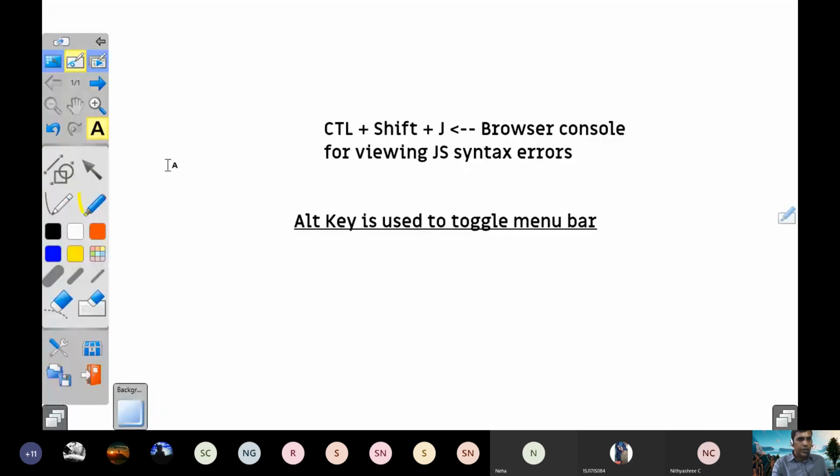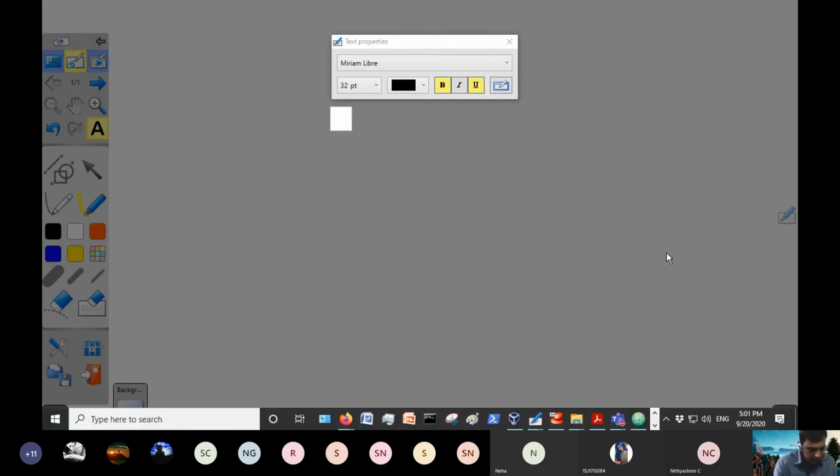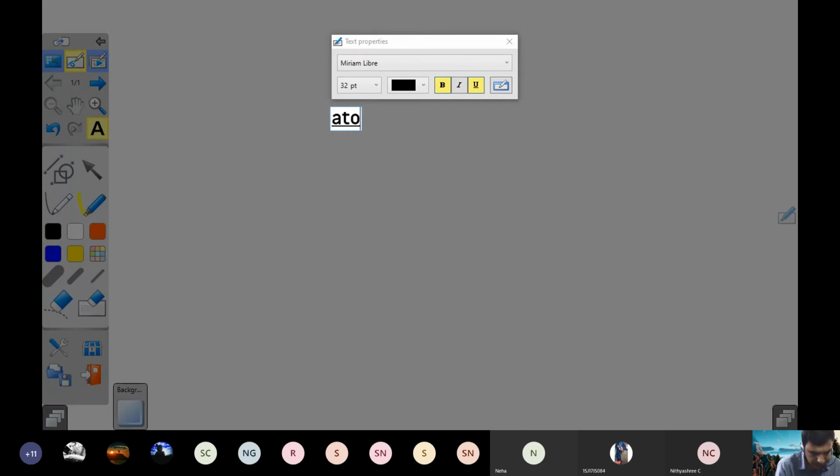So I told you about two editors. Which are the two popular editors I told you? First, I told you Atom. The second is Visual Studio Code.